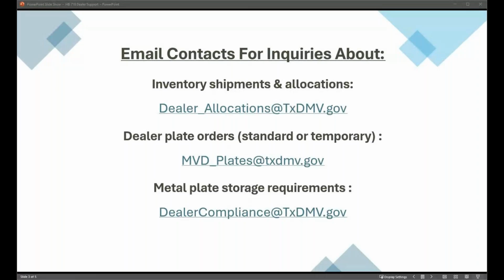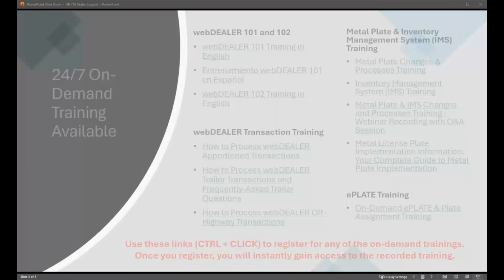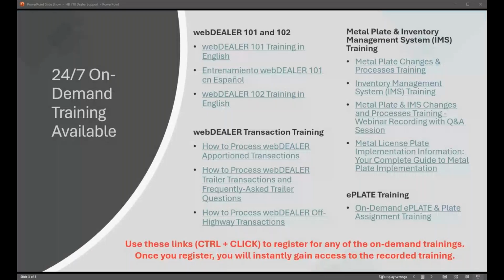Do we need to do a VTN for all trade-ins so we are not disposing of surrendered plates anymore? So yes and no. To answer the first part of that question, do we need to do a VTN for all trade-ins? Yes, a VTN is going to be required for anything that you take into your inventory. As you are submitting that VTN, there will be options to select whether that was taken in from a trade-in from a customer, from an auction, or from another dealer.